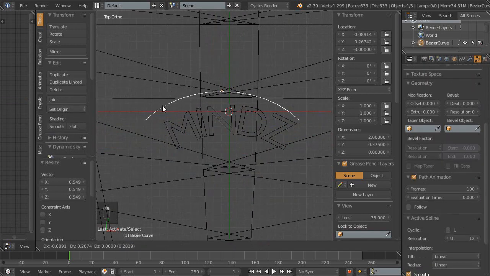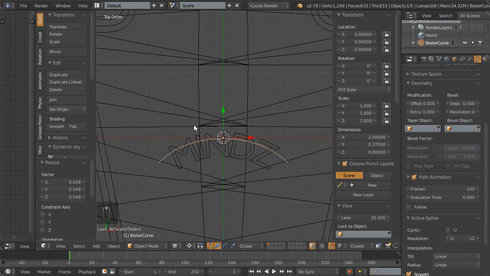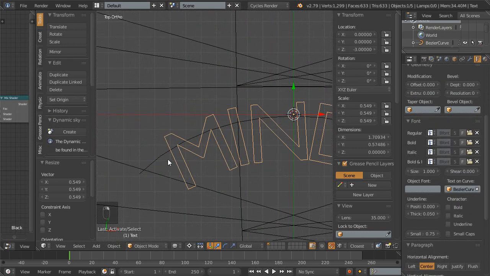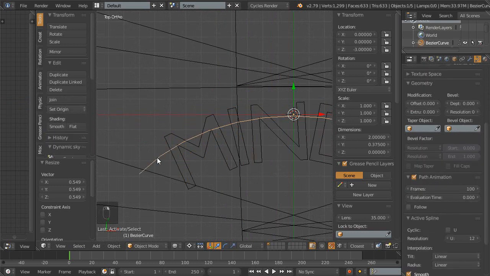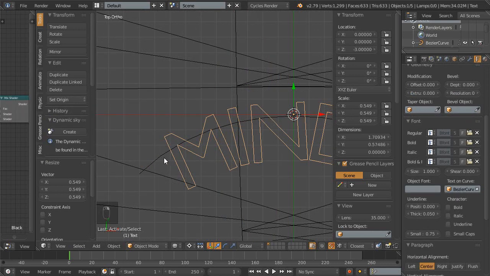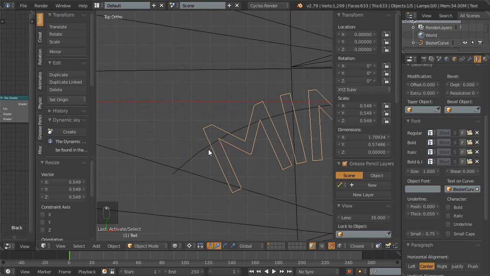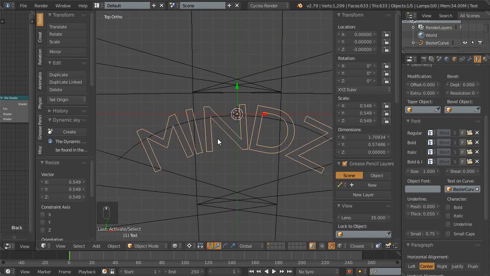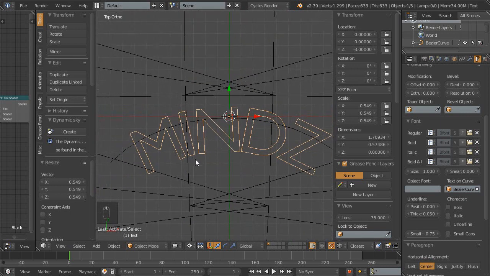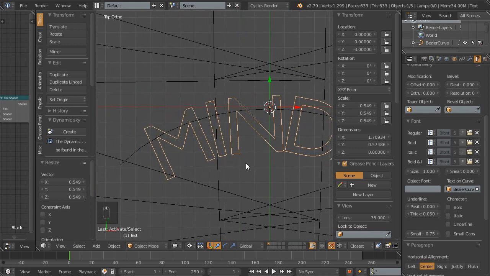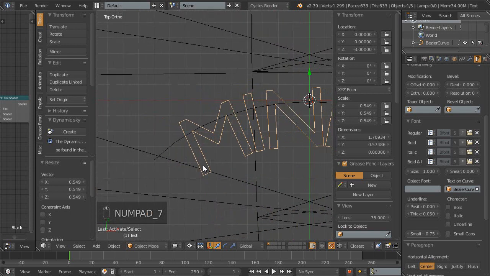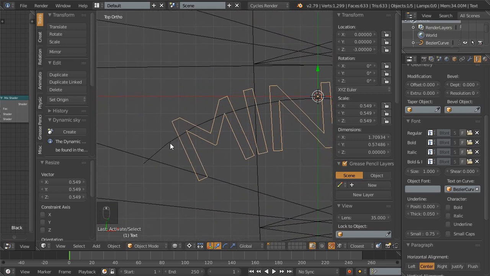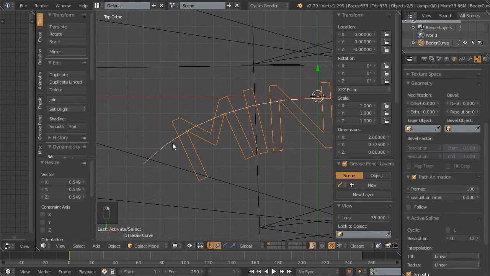mess around with certain things. And what I did is I parented the curve to the text, which is wrong because this one already has an association where it's dependent on information from this one. And if you take that one and parent it to this one, then that one is taking information from this one. It becomes like a circular loop. That's the best thing that comes to my mind. Just like if you work with an Excel spreadsheet and you put a reference that says this number is based on these other two numbers over here, and then those other two numbers are based on the same number. Well, it's a circular loop. You can't really have a solution for that. All that just to say that I'm going to do Control P to the curve